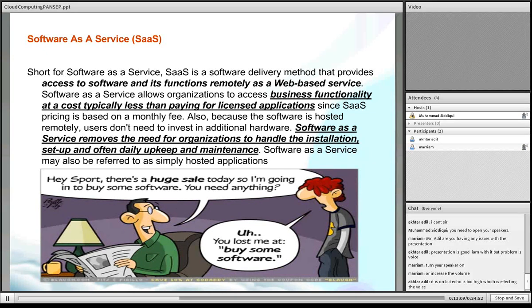So the joke I have here is that one guy is saying, I'm gonna buy some software. Now this joke has two perspectives. One perspective is of cloud computing, which says, what are you talking about buying software? We don't buy software. And the other perspective is the Rainbow Center CDs. I don't know how many of us buy software in Pakistan.